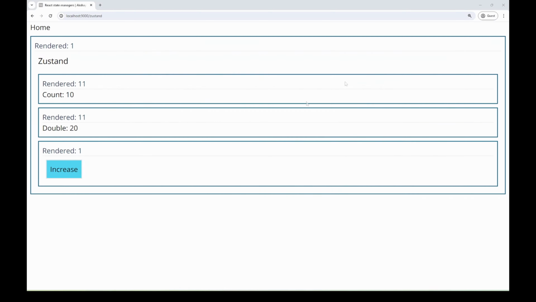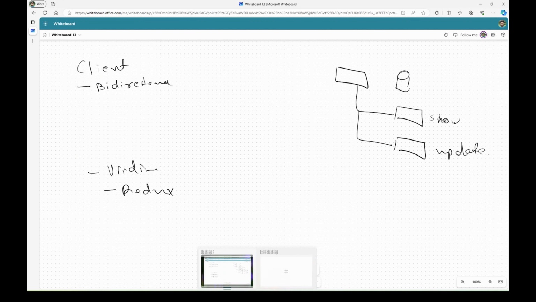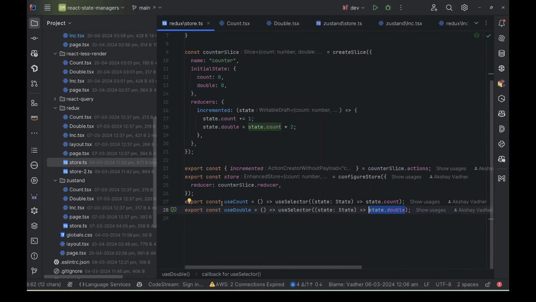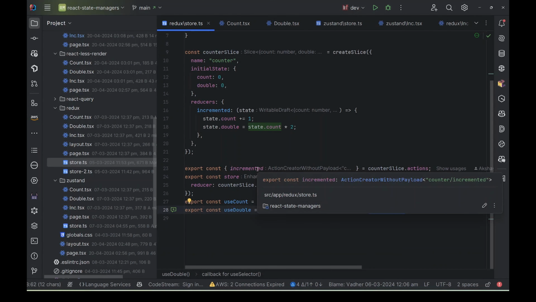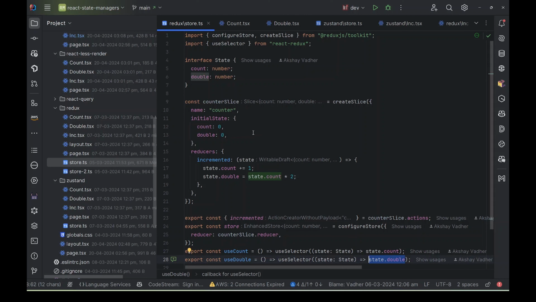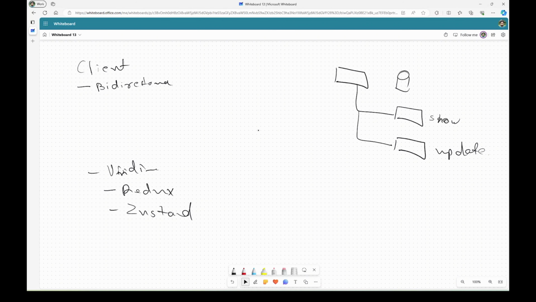So that way it is easy, right? So in my way, Zustand is better and unidirectional. I call it unidirectional because the component cannot access the count property directly. As in, it is not accessible for update. It is still accessible to read, but it is not accessible for update. For the bidirectional,